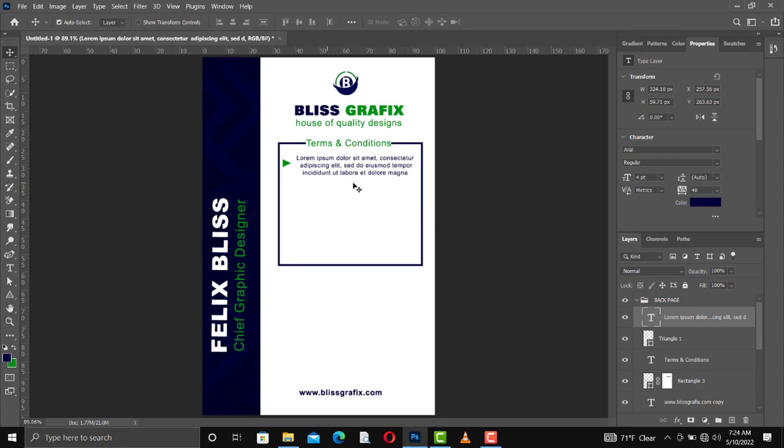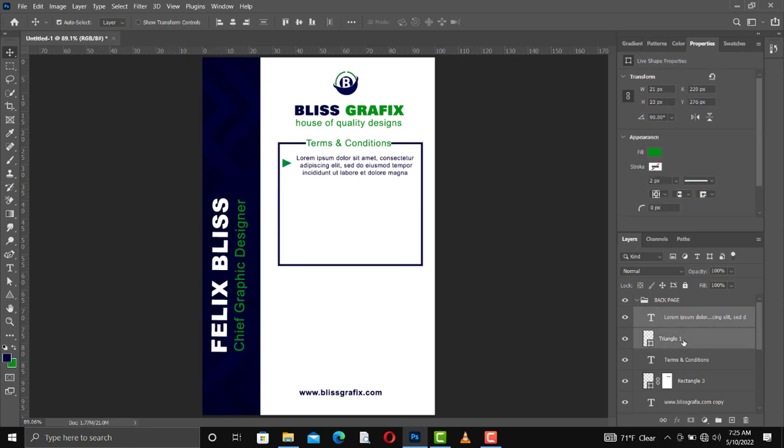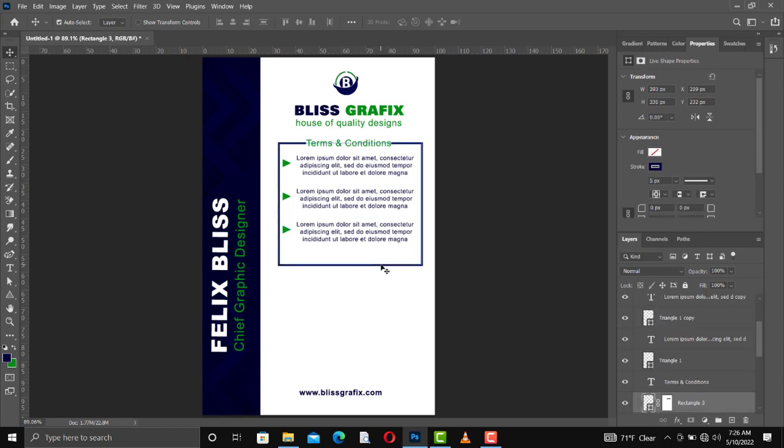Then what we are going to do is make a copy of that one. So you don't need to go in for the shape again and the text again, because if you go in for another one, maybe you cannot get the correct size. So make a copy. So I will select these two, then I will make a copy of that. So Control J, then I will drag this one down like this. So we have our 3 terms. Make another copy again, then drag that one down. Particular shape that we created, and then reduce the size small. Okay,